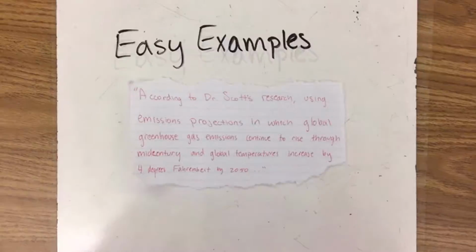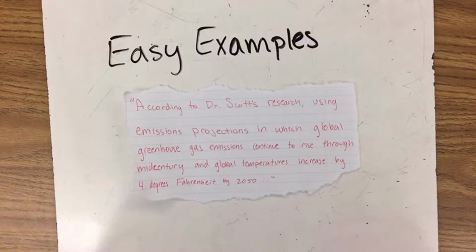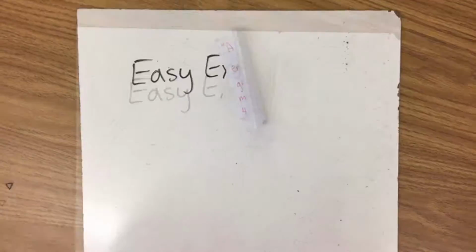Going to the easy examples, our first one says, according to Dr. Scott's research, using emissions projections in which global greenhouse gas emissions continue to rise through mid-century and global temperatures increase by 4 degrees Fahrenheit by 2050. What makes this a good piece of evidence is how the author gives credit to the person he got the